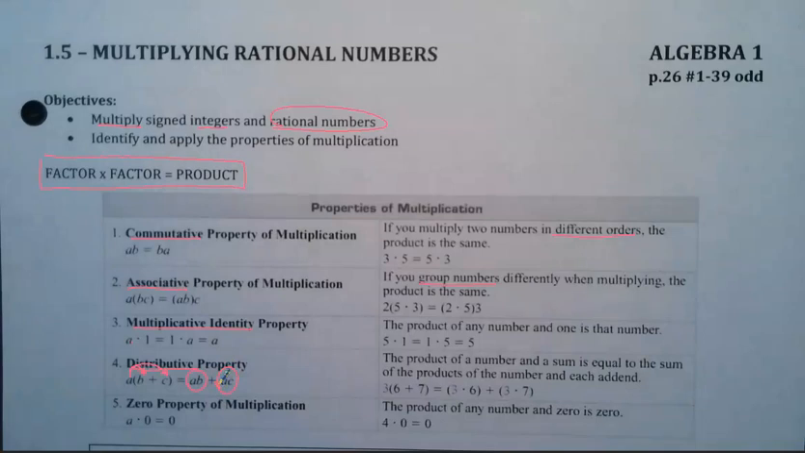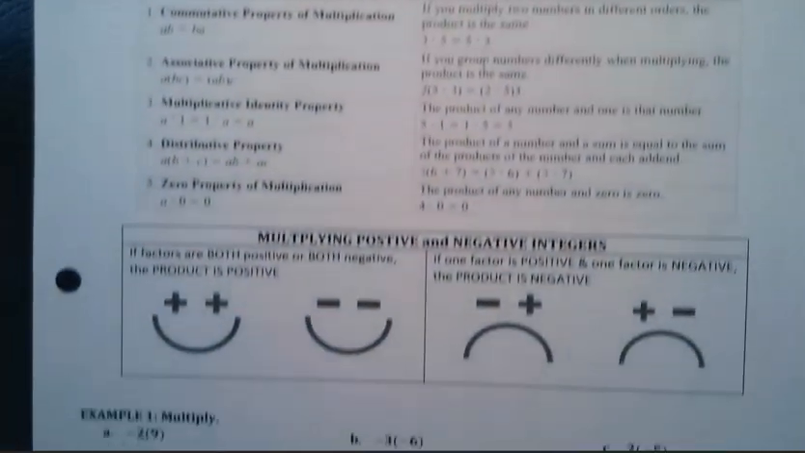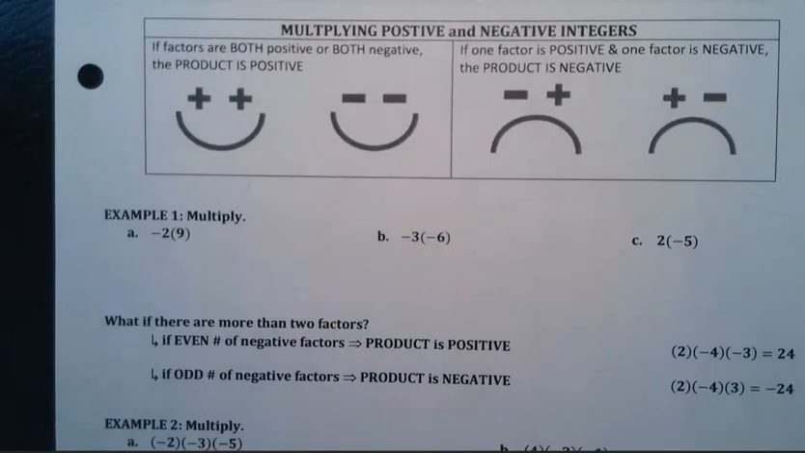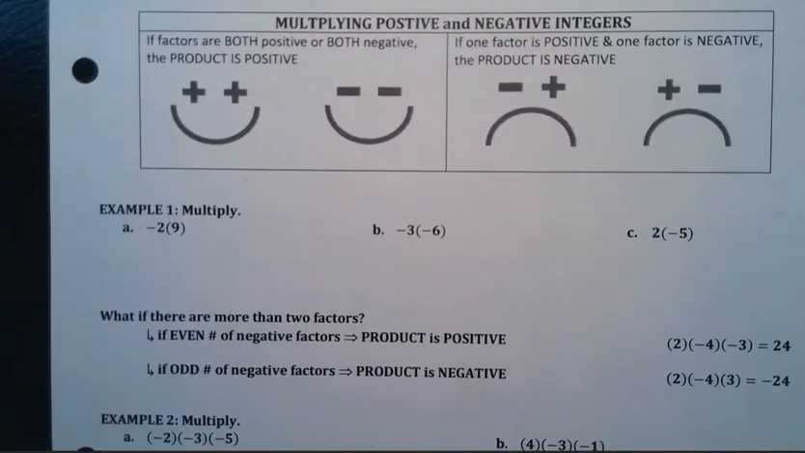And the last one, the zero property of multiplication. So this is the product of any number and 0 is 0. Okay, so you've known all of these properties for years. We're just looking at them and reviewing them. Okay. So next up is a little chart that I use to help students remember multiplying